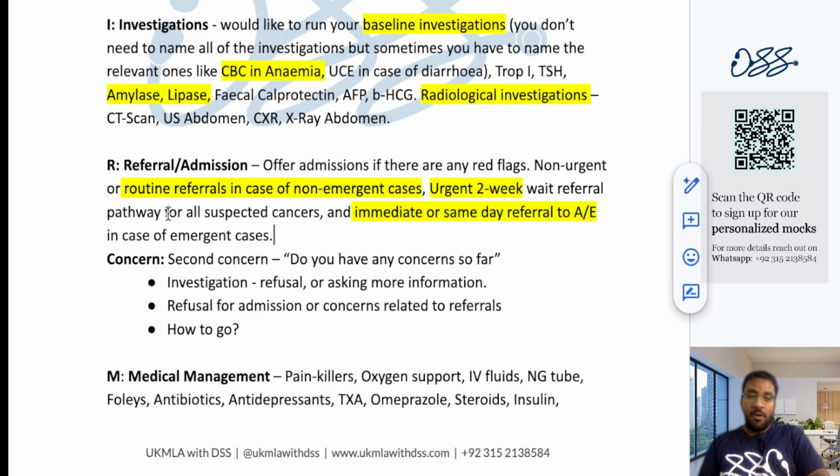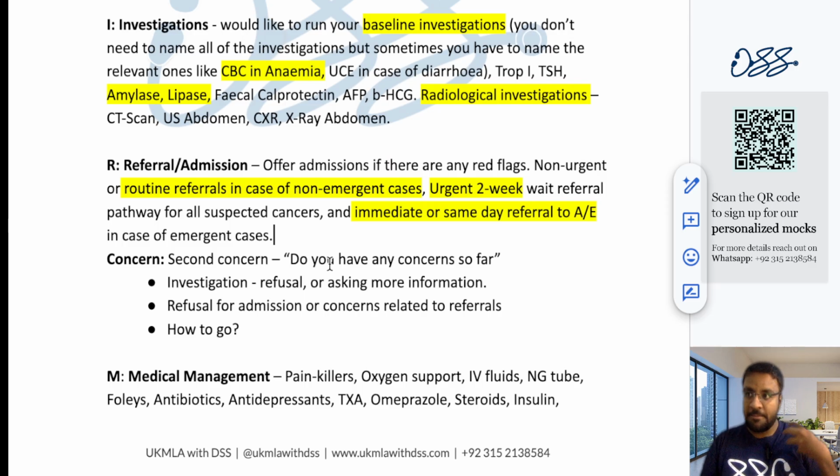So why am I sharing this with you? Because whenever you are phrasing it, you're going to phrase it like this: after getting these investigations done, and once the results of the tests are on my plate, I'm going to routinely refer you to a neurologist. And unfortunately, since we are suspecting that you might have cancer of your prostate, once the basic investigations are on my plate, I am going to put you on an urgent 2 week wait referral pathway where you will be seen by a urologist or an oncologist.